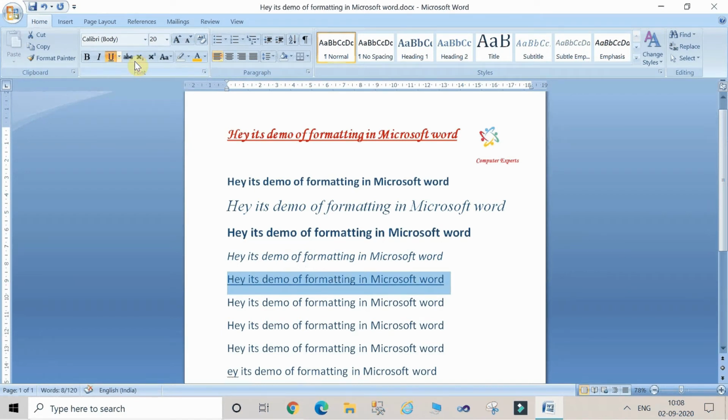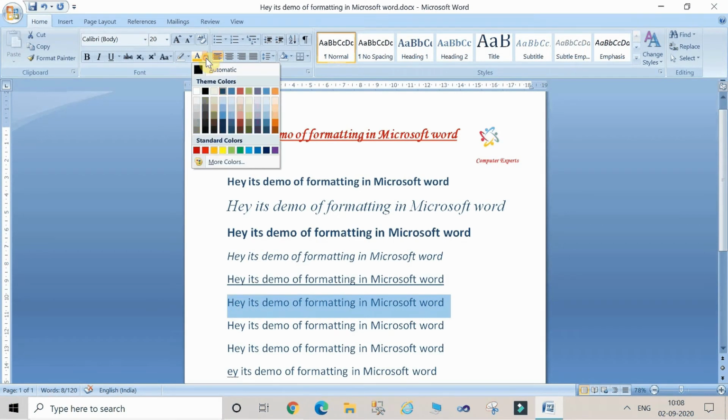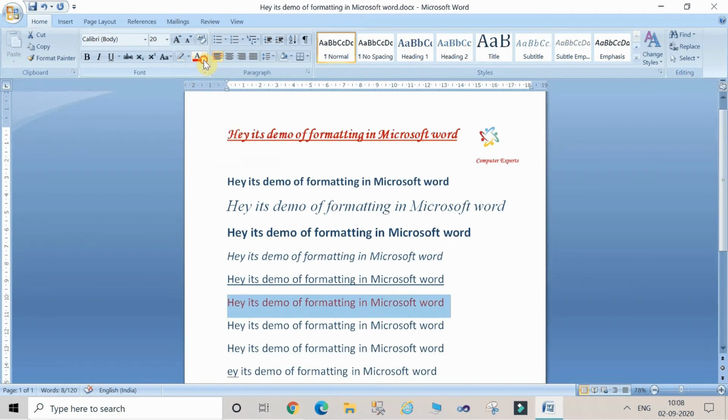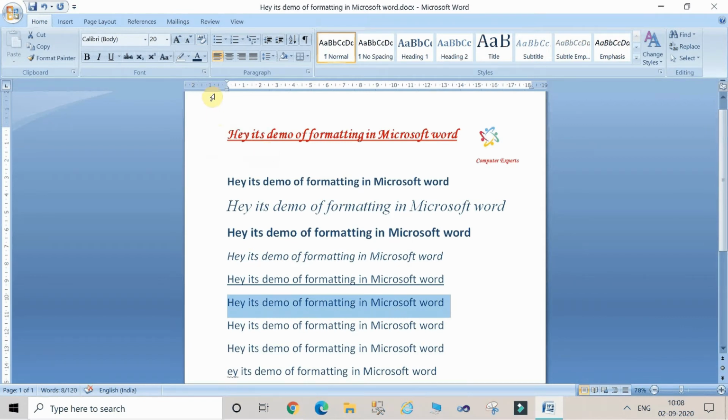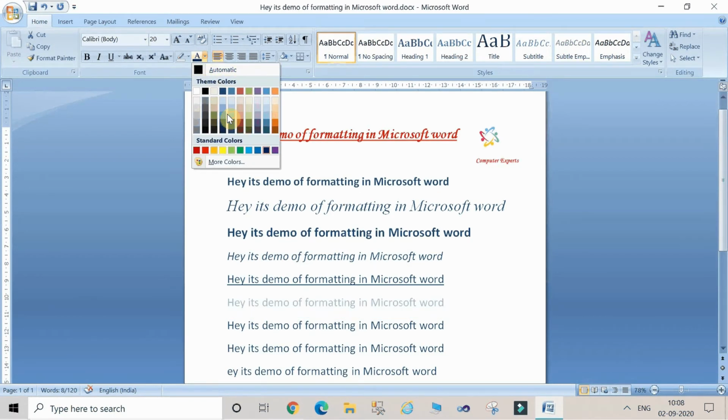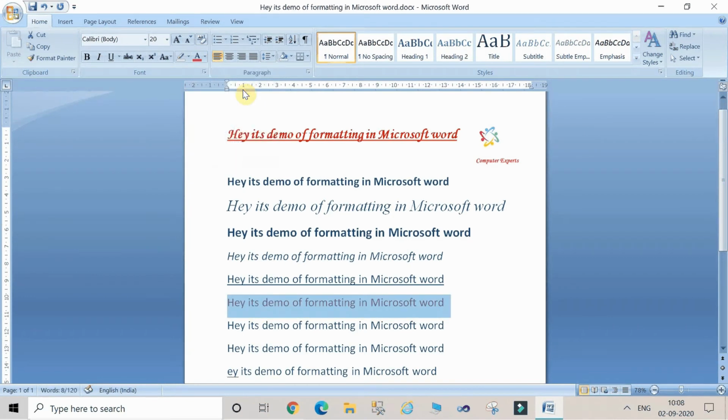Now I want the color of this line to be changed. For this you just click on this drop down menu. You can select a color like red, or you can change it to blue or yellow, but I prefer dark colors so that the text may become visible here.